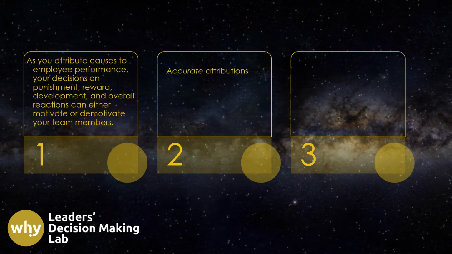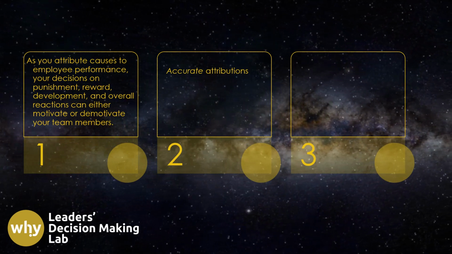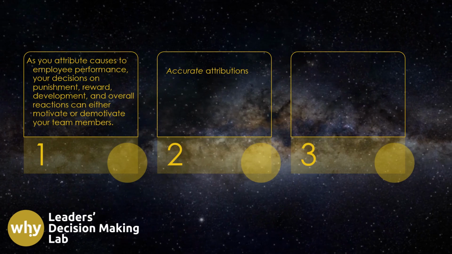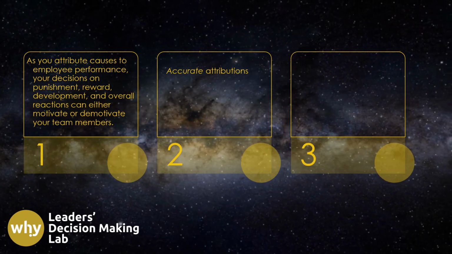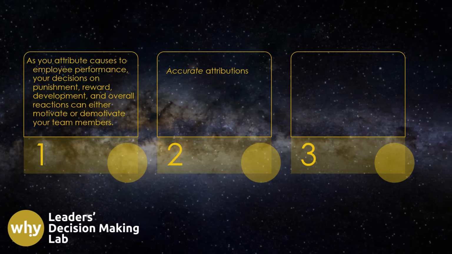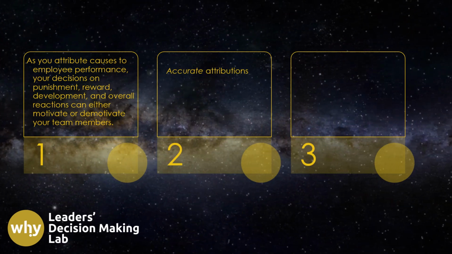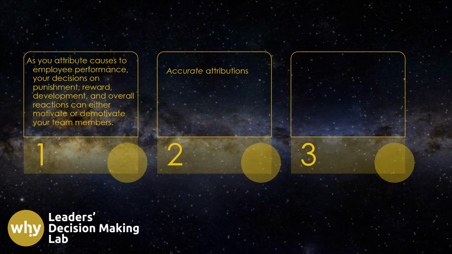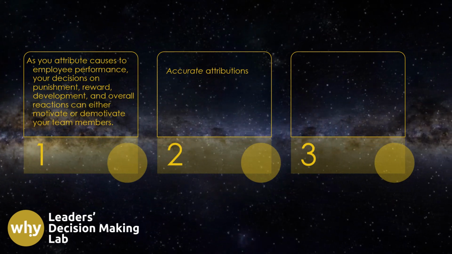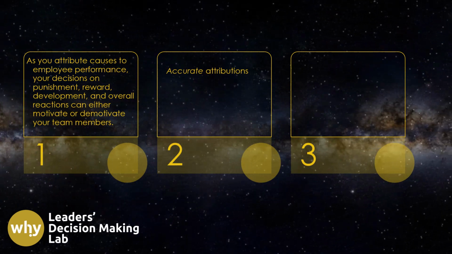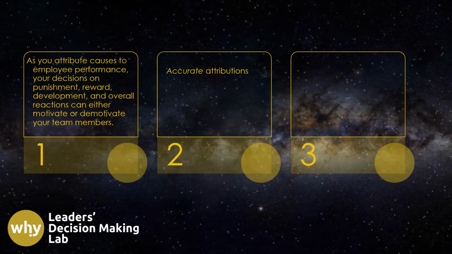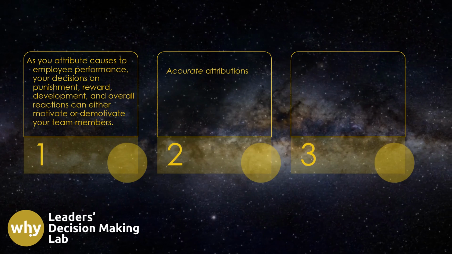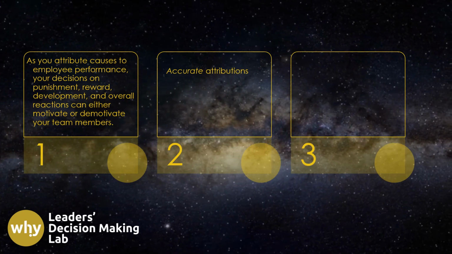Accurate attributions are essential. The actor-observer bias and self-serving bias can sneak into your decision-making process, clouding your judgment. Before you take disciplinary actions that might change an employee's future, seek evidence before passing a judgment. You want to ensure that you have a clear understanding of the underlying causes contributing to the employee's underperformance.